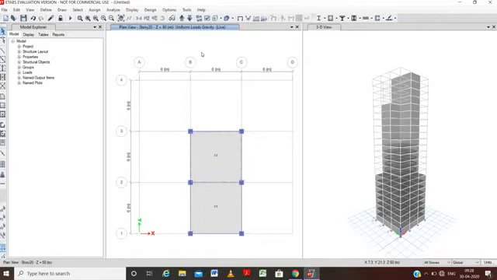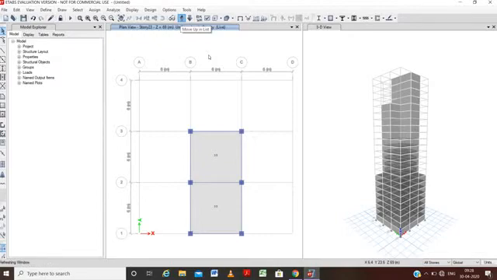Now it's time for the cladding loads as given in the data, that is 0.2 kilonewton per meter. So we have to choose all the external beams of different stories, because the beams are different on different stories.